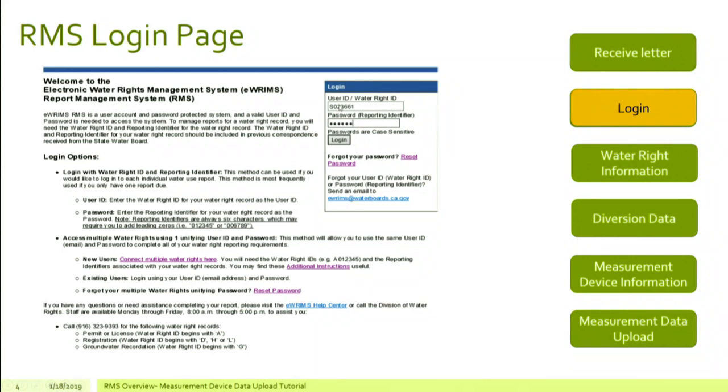In fact, the water right ID is a capital S, and everything else is numbers. I'm sorry, numbers. See, I just did it. Doggone it. So the passwords are usually numbers, but sometimes a mix of both letters and numbers. And if they are letters, they are also capitalized. So make sure you're capitalizing your password information when you're entering it in RMS, and that will allow you to